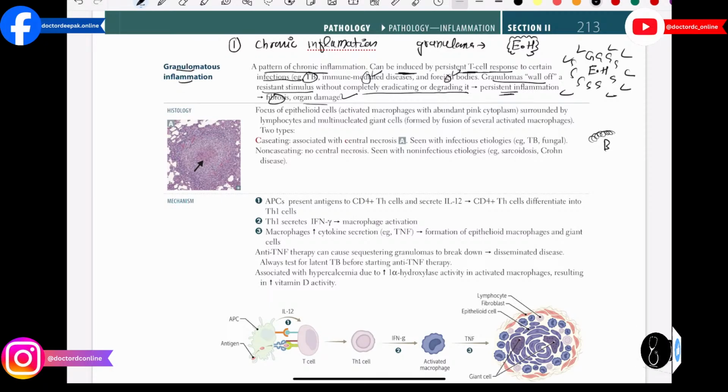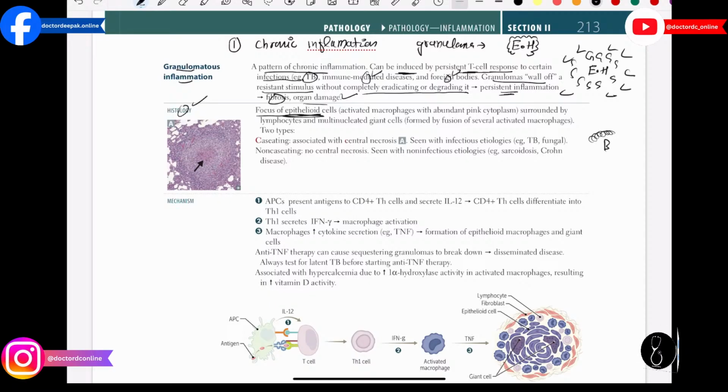It will not allow the bacteria to invade, it will not allow the bacteria to spread. So basically this is the main function of granuloma. Then after that, if we study the histology of granuloma, basically we have to remember it is a focus of epithelioid